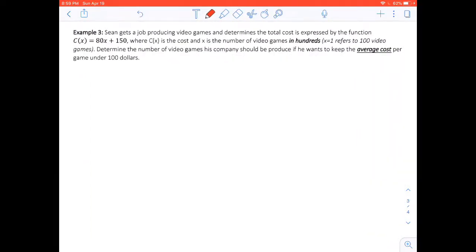Alright, and the last one that we have here talks about Sean. He's producing video games and determines the total cost of producing video games is this, 80x plus 150, where C is the cost and X is the number of video games he produced. Where X is equal to 1 refers to 100 video games because it's in hundreds. Determine the number of video games his company should produce if he wants to keep his average cost under 100 dollars. Well, average